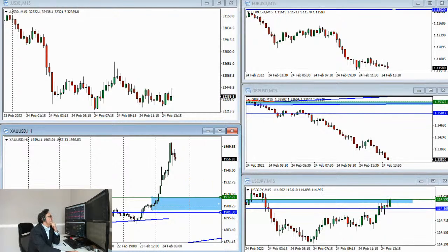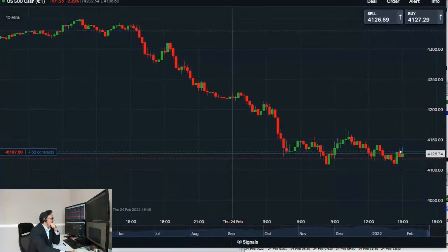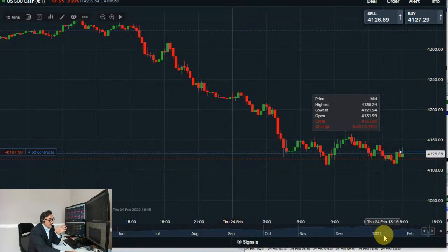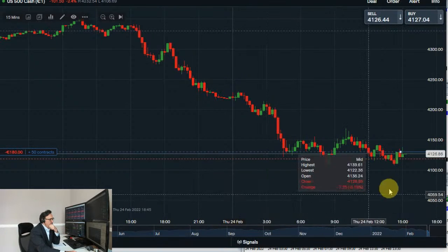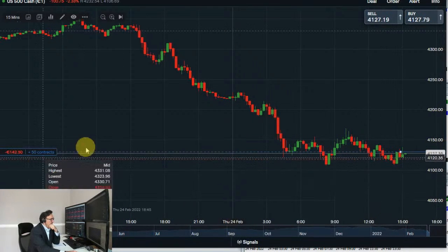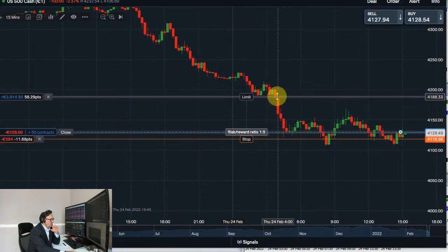Just to give you the indication of my trade, I'm currently underwater with my trade. I'm making a loss here. Okay, so I went counter trend. I was trying to catch the falling knife. I still think it's okay, as long as we don't lose these lows down here. But I'm currently holding this as a losing trade, but my stop loss is at the appropriate level, so I'm really happy with it. Okay, let me just show you where I am.